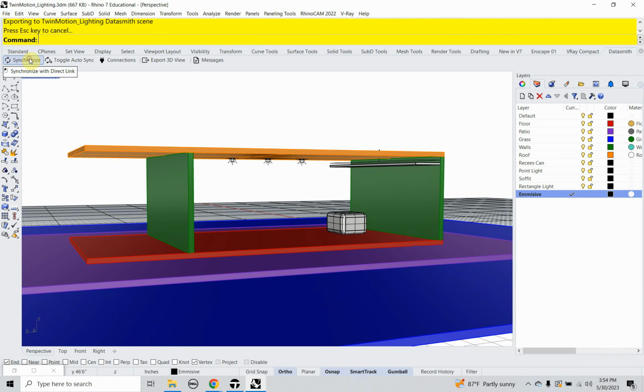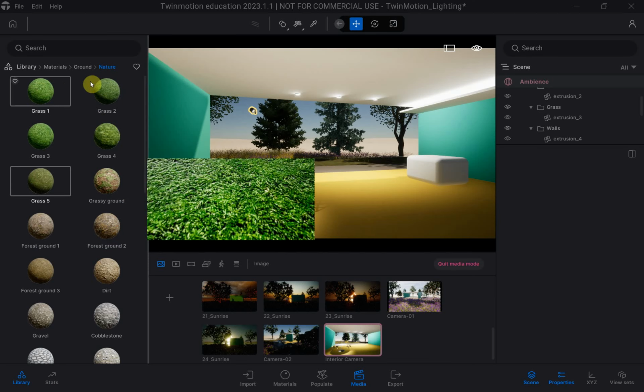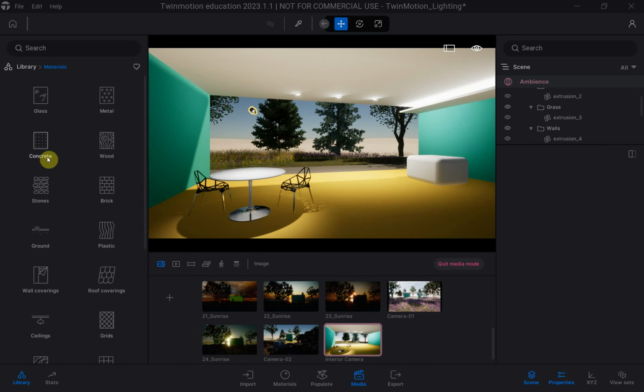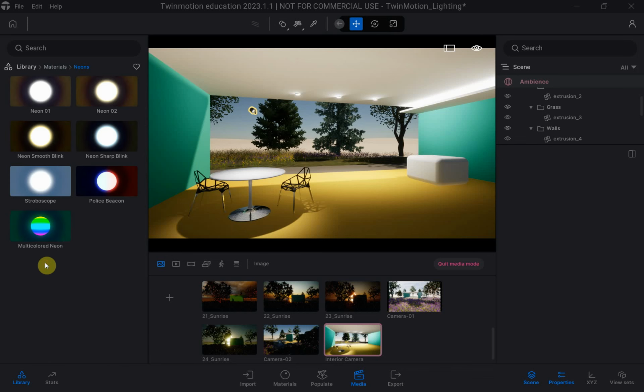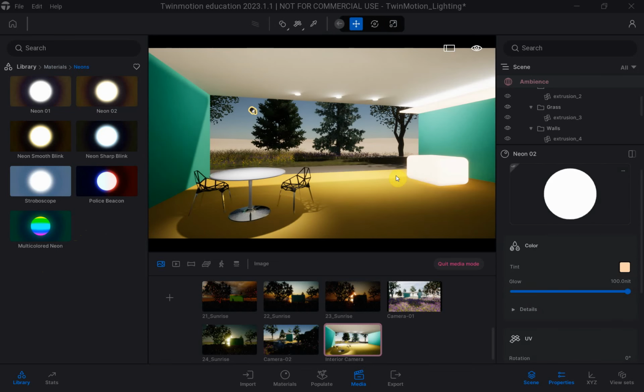And I'm going to click on synchronize and head over to TwinMotion, and there's my box in there. Okay, so I'm going to drop a material on it. I'm going to go to materials, scroll down to neons, and I'm going to choose just a neon 1. I think that looked pretty good. Let me try neon 2. Drop it on there, and you see that it's glowing and it's lighting up objects within its